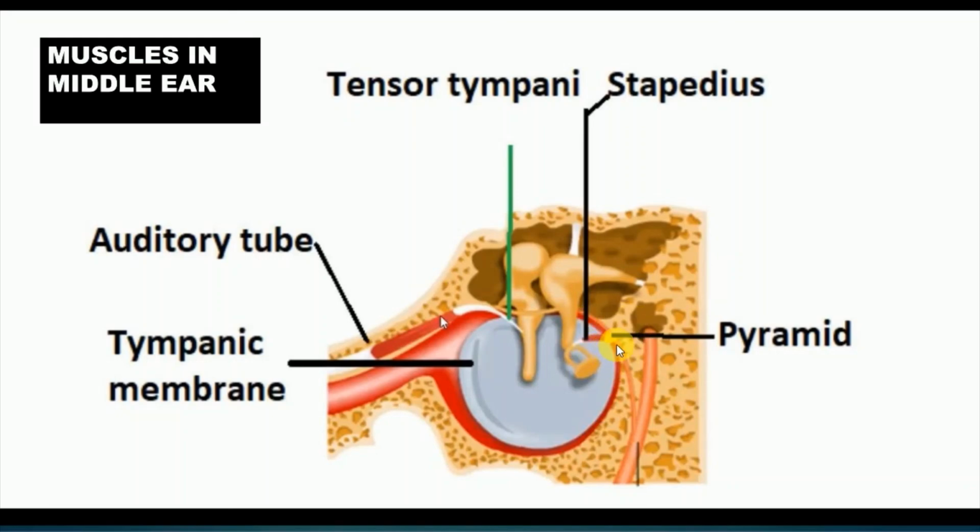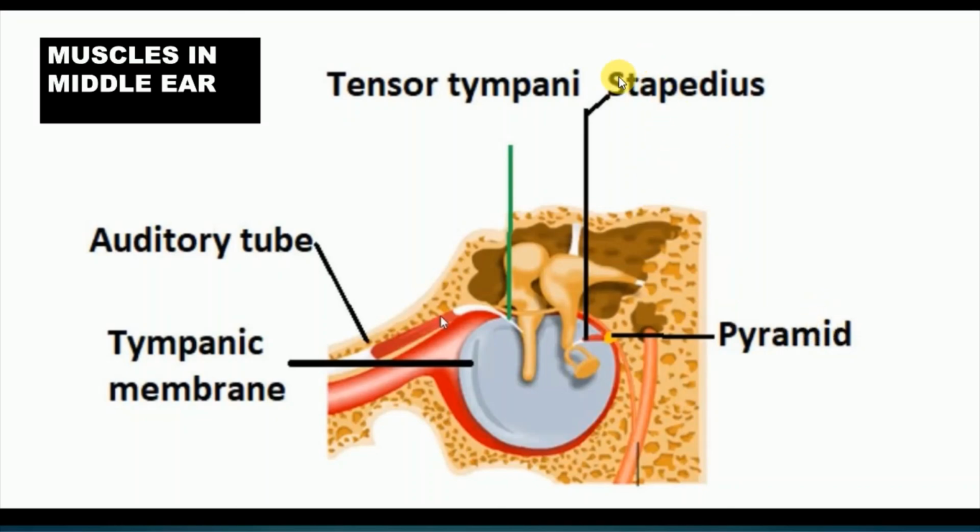Now, the stapedius muscle is attached to the stapes. What is its function? I told you that the stapes footplate is attached at the oval window, which opens up into the scala vestibuli of the inner ear. Normally, how we perceive sound is that the sound enters the external auditory canal, it bangs on the tympanic membrane, the tympanic membrane passes the vibrations into the ossicles, which vibrate with each other, and then this stapes footplate starts banging on the oval window, and thus fluid-filled vibrations are produced in the cochlea.